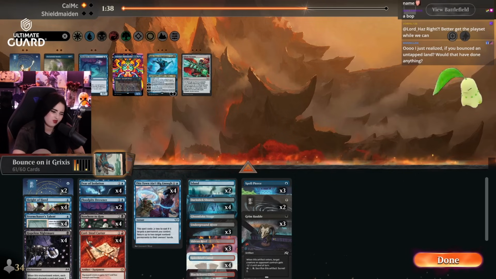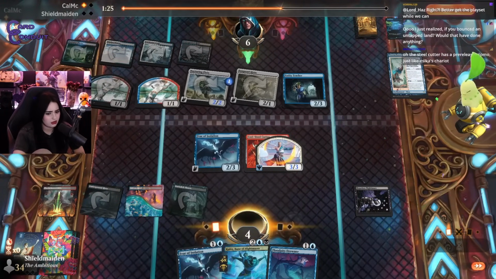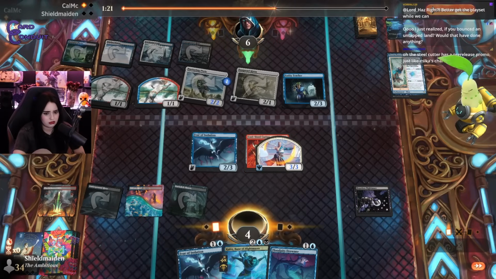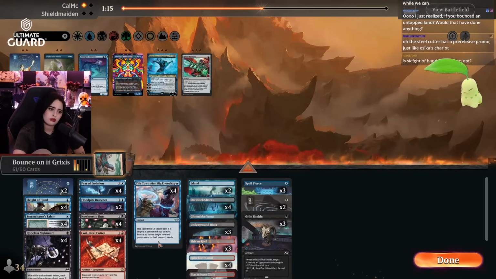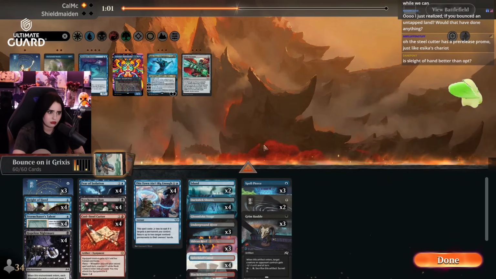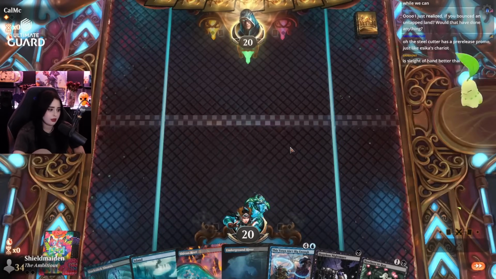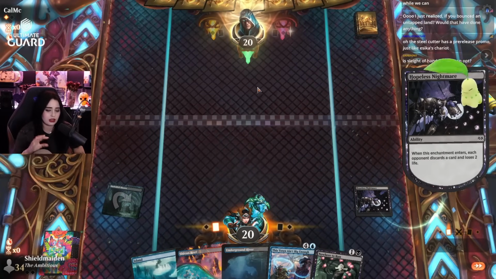Trying to think. If you bounce an untapped land, would that have done anything? I didn't have enough spells, right? I'd have to... No. It wouldn't have allowed me to do something else, I think. Yeah, Slight digs deeper, which is more relevant. We'll try. It's not great. I mean, we don't have a Storm Chaser or a Cori Steel, but I don't think it's worthy of a mulligan either, so...